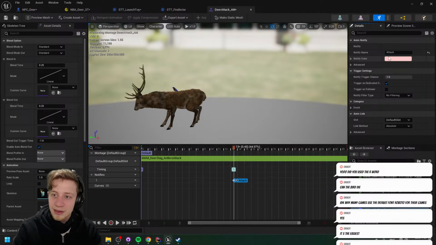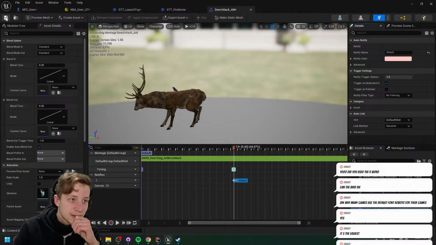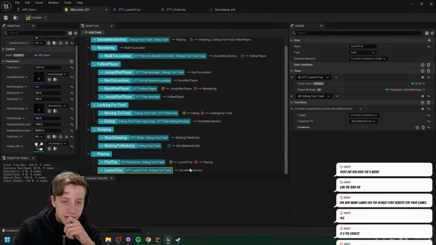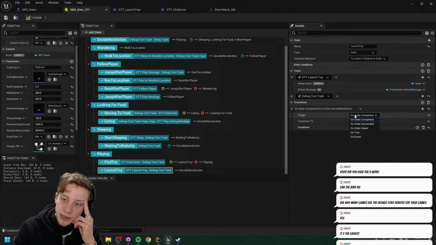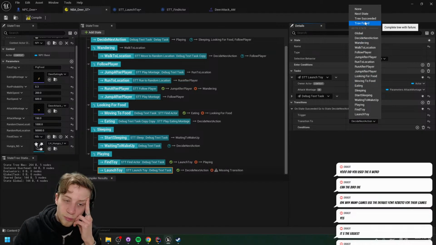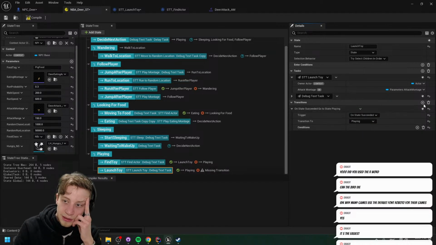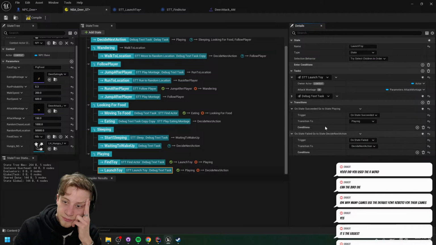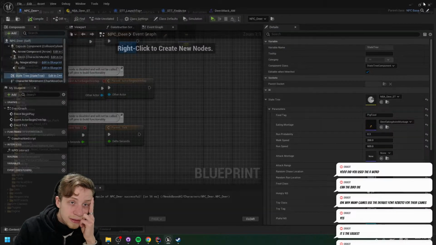This is going to be our attack. Let's see. On the end, it's going to go this side. Wait, do I want to change it? Okay, but no, we can make a difference between them. On succeeded, we can go play again, so it's going to go back into playing. And when it fails, we can just tell it to go decide next action. Alright, there we go. Let's go.